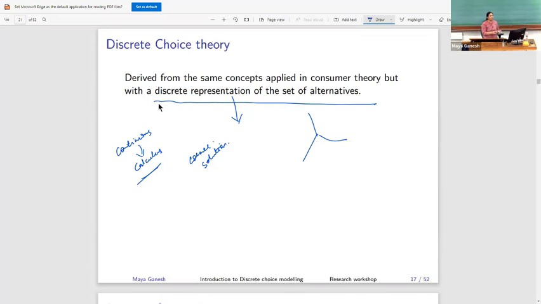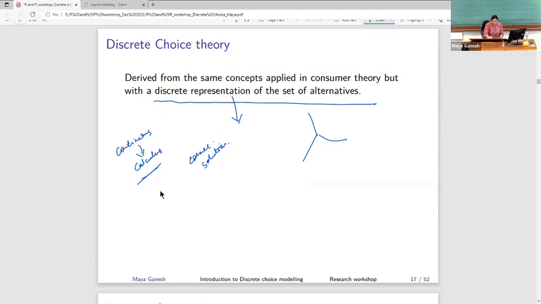So what is actually happening in this case? If I use the same machinery and look at what is happening, it is still true that I am getting utility from these three,